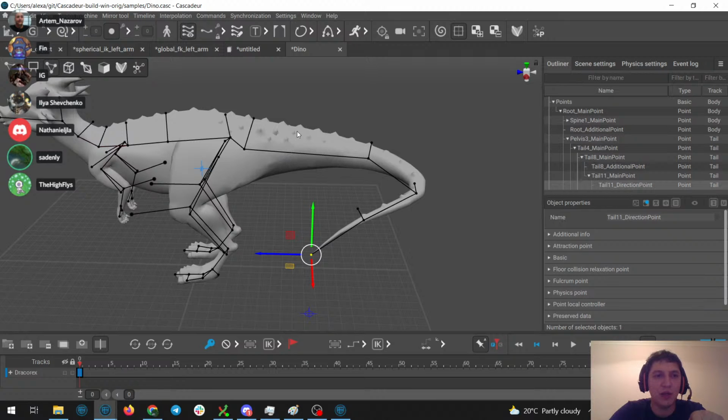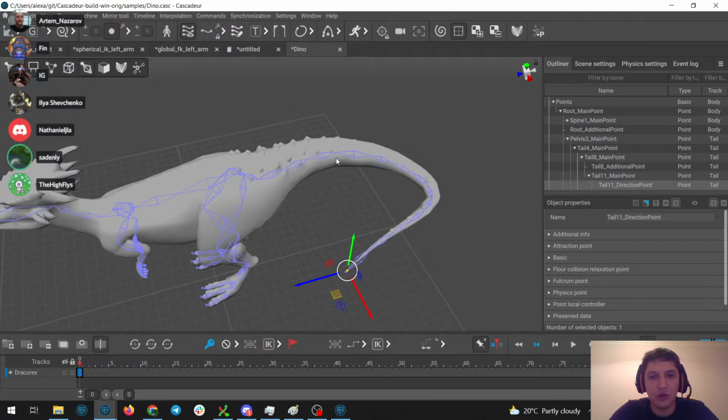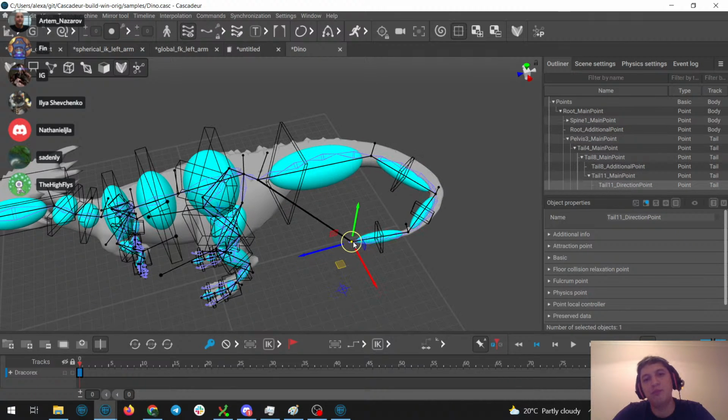By the way, this spline IK that controls, so there is a much larger number of joints than the points and then the rigid bodies, because if there are too many rigid bodies, it's a problem for the physics solvers. So we try to reduce the number of rigid bodies. It's still enough to reach some kind of realism, the physical accuracy, but the joints are bent via just a pretty standard spline IK.